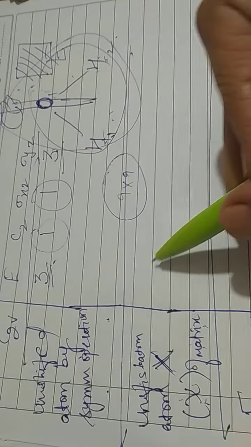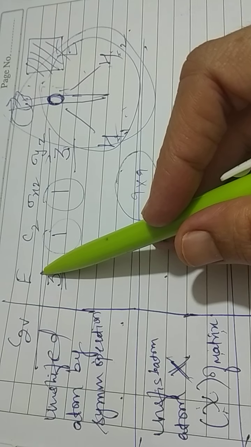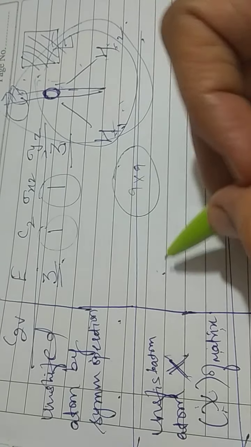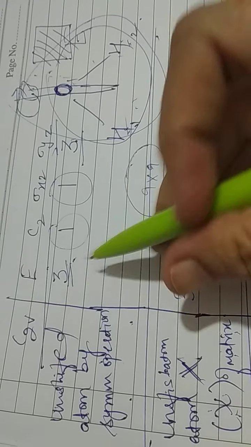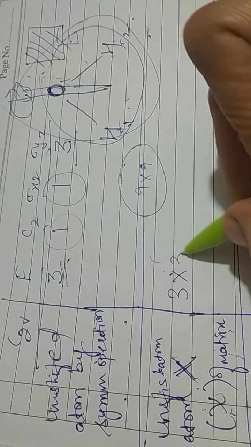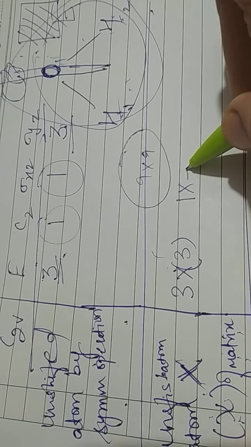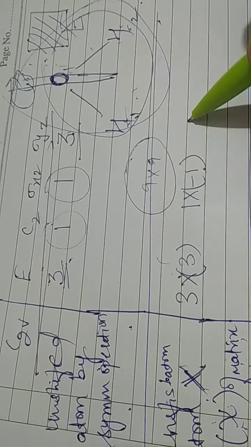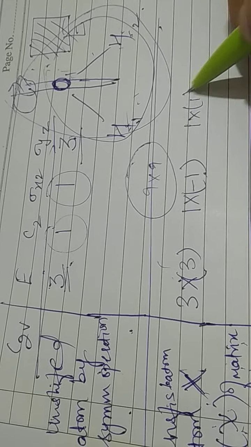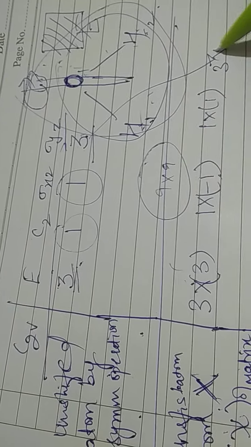So 3. Okay. Now we are going to multiply it with the character of the matrix. We know what is the character of the matrix for E always. We calculated it in the starting. So it is 3. This is 3 into the character of the matrix, which is 3. Similarly 1, and the character of C2 always comes out to be minus 1. For sigma xz it is 1 into 1, and for this one it is 3 into 1. So the answer comes out to be 9, minus 1, 1 and 3. This is what we got after calculation. The same thing you can get directly.